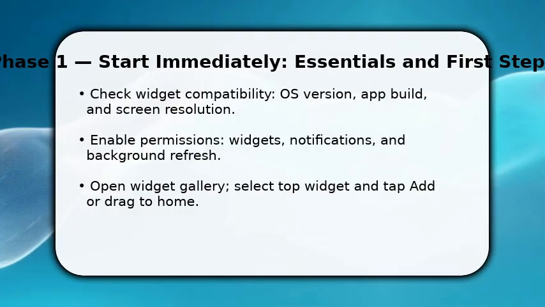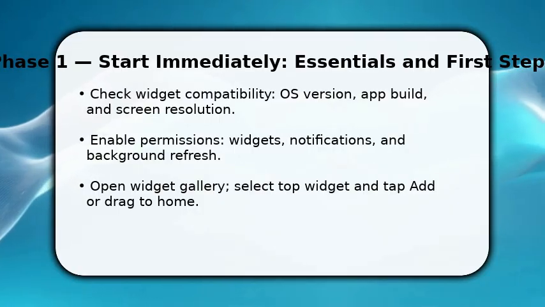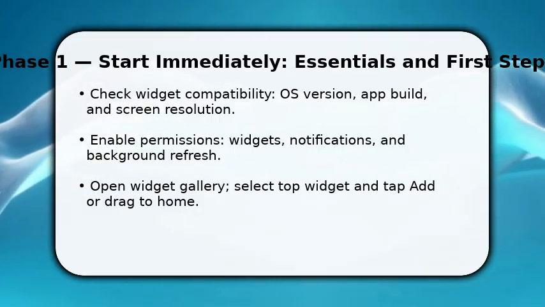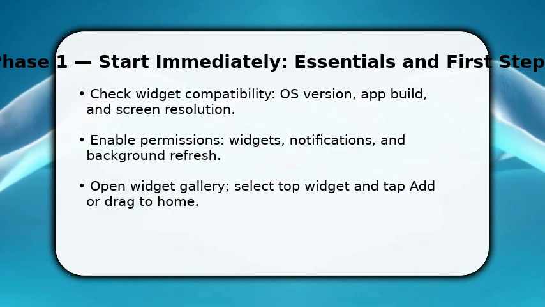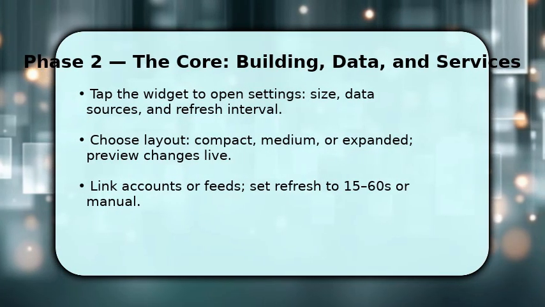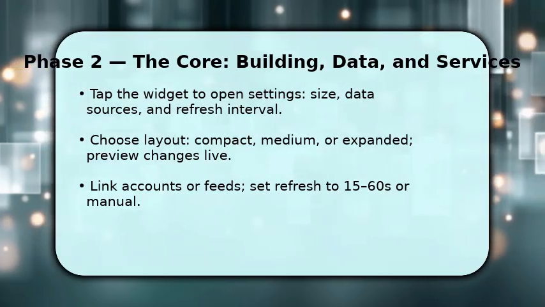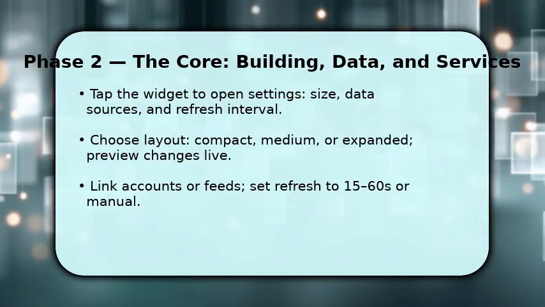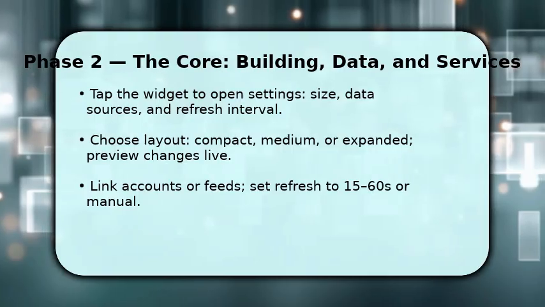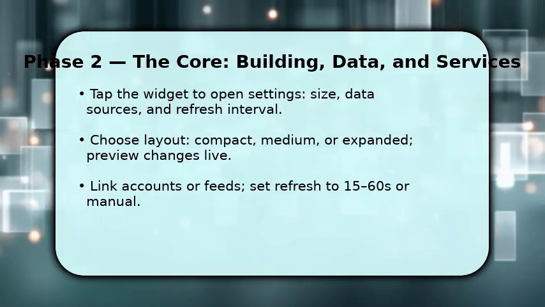Make sure to place it where you can interact easily, then pause to observe initial loading. This prevents redistributing items later and speeds up the following configuration. Now configure the widget so it serves you. Tap the widget to open settings and choose size, data sources, and refresh interval because these control performance versus battery